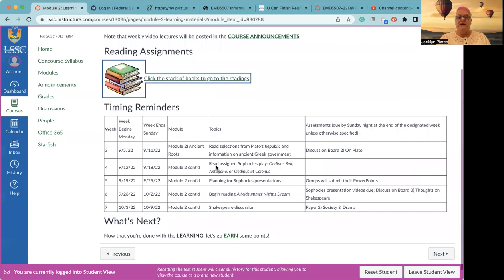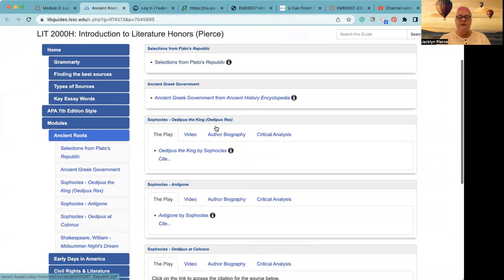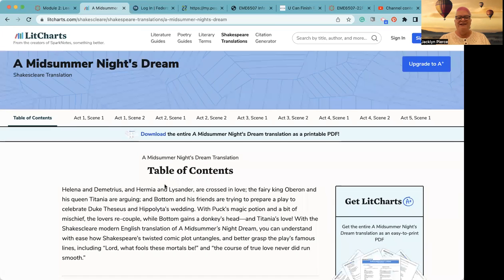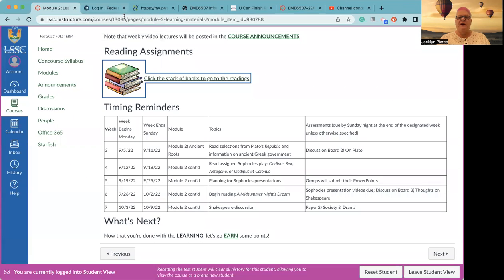Most of the time, the citations are provided for the primary source as well. Not on the Oedipus plays, but on Shakespeare. But anyway, there is a citation provided with that. Anyway, so good stuff there.